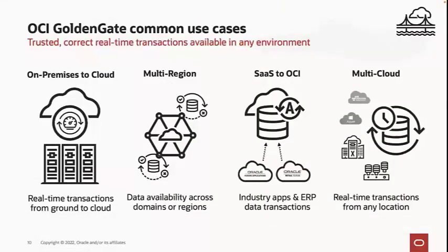On use cases, I've hit on a lot of the use cases, but as we're talking through cloud, I wanted to make sure that I hit on really the standard use cases and where we see customers today and the adoption overall. So on-premise to cloud, whether it happens to be a migration, an application migration from ground to cloud, could just be real-time data movement that we want to be able to keep in sync our on-premise and our cloud, an analytical environment,